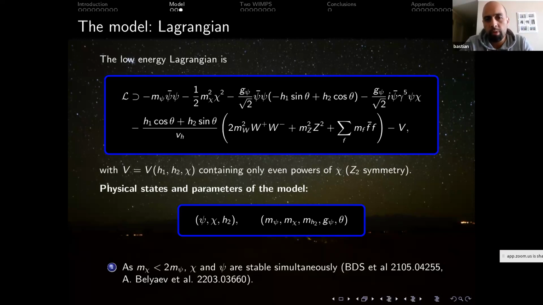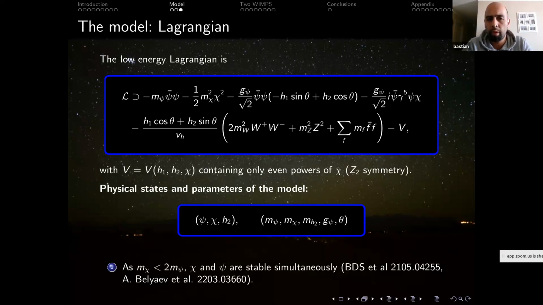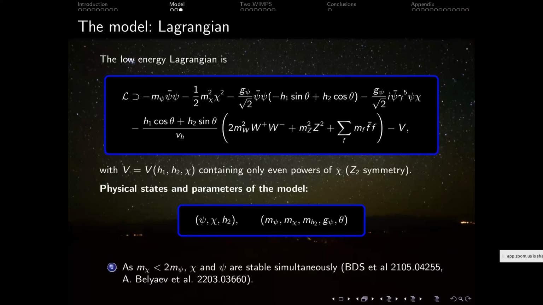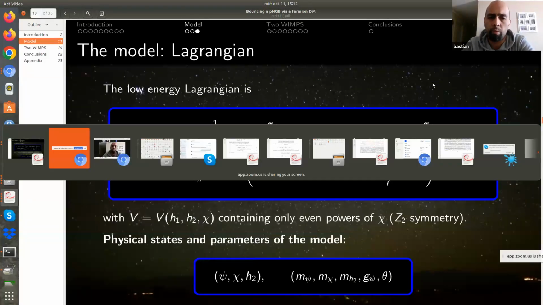I do not see this alignment limit in the same way. It doesn't matter the words. It's the fact that you should have H1 with the properties of the usual Higgs. Exactly, but if you put in the couplings with other fields and everything, exactly, but if you set theta to some value